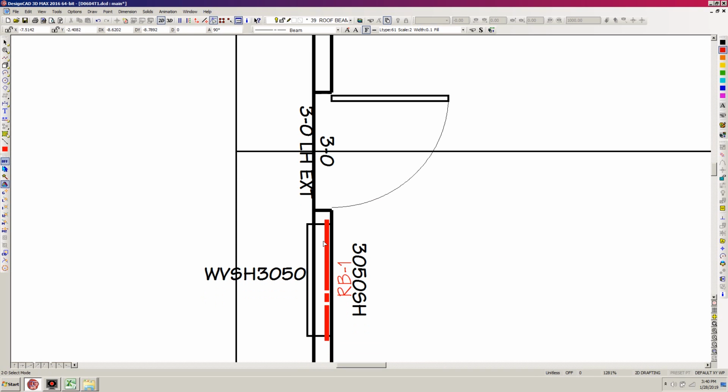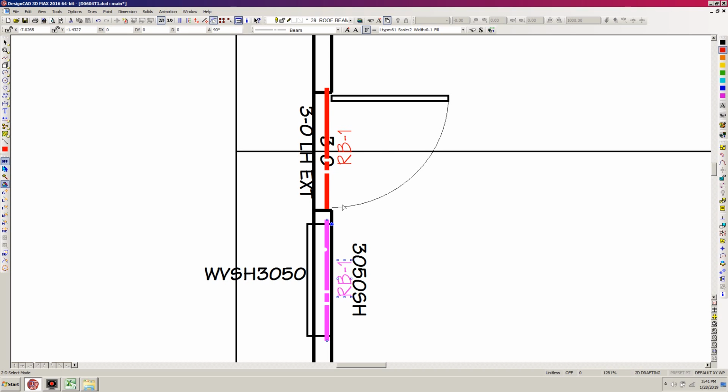What I'm going to do is steal, or borrow, or actually duplicate the header over this window here. I'm going to select it, and also hold down Shift and select RB1, because I just want to use this text. I'm going to put a handle right here at the inside edge of the south edge of the window itself. So click on Set Selection Handle, right click to that area, and hit the scroll button to initiate the command. Hitting N to duplicate, I'm going to go up here and right click to the inside south edge